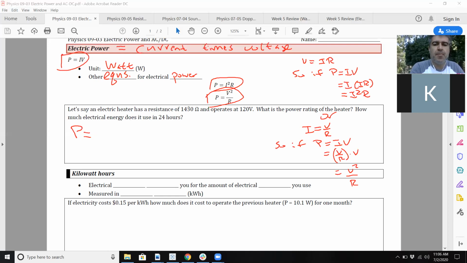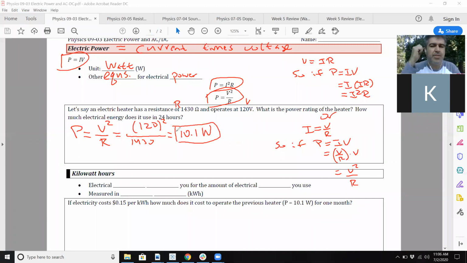we'll use the V squared over R, because remember that's R, that's V. So 120 squared over 1430. And you can use a calculator to work that out. You get 10.1 watts. That's a real easy calculation, super easy. Then,